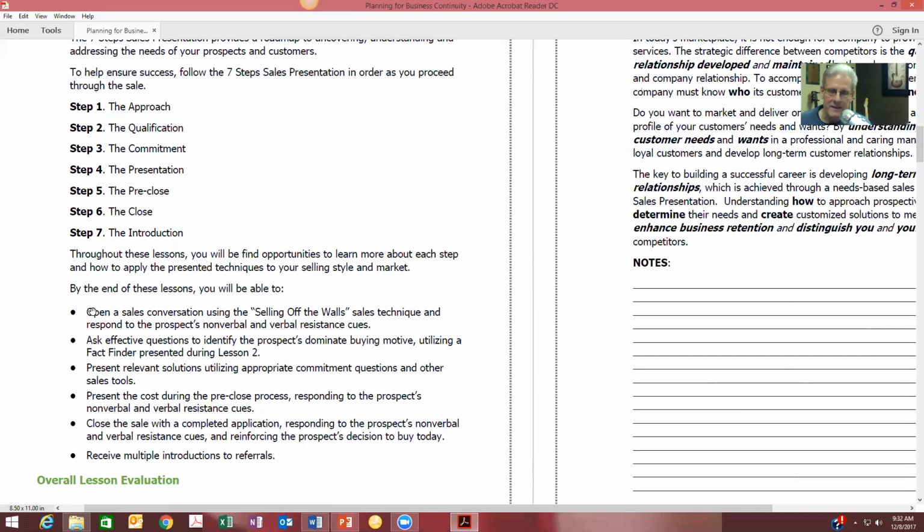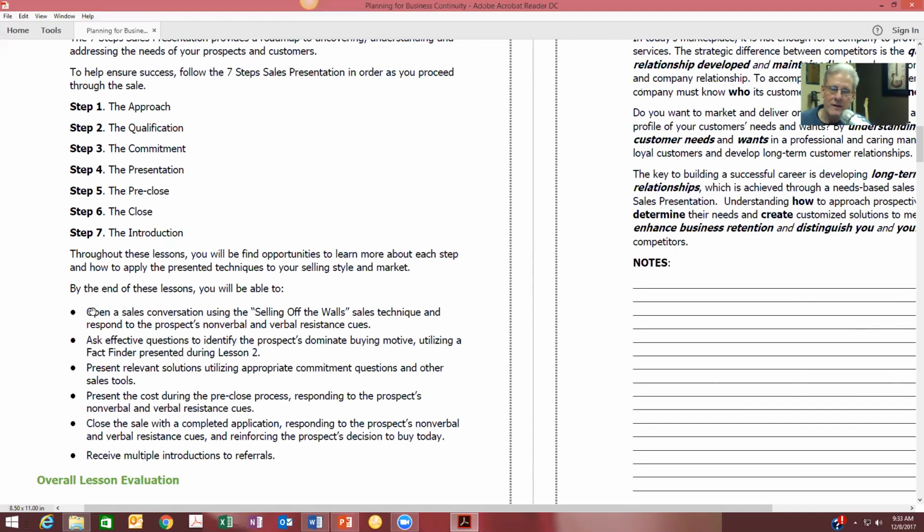And that's a fallacy, because we're projecting our own issues into the prospect. What I've found over the years is that the price is simply a validation of the value of the product and the value of the service that I bring to the table. In fact, if I've done my job correctly in the qualification and the commitment part of it, I should already have an idea of what their price range is. I should already have a commitment that if I'm within that price range, it only makes sense today to move forward. The price should not be an inhibitor to the sale.